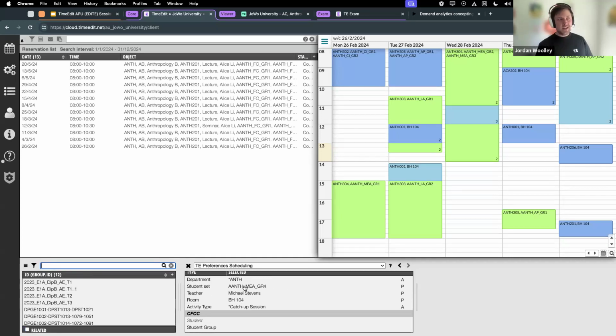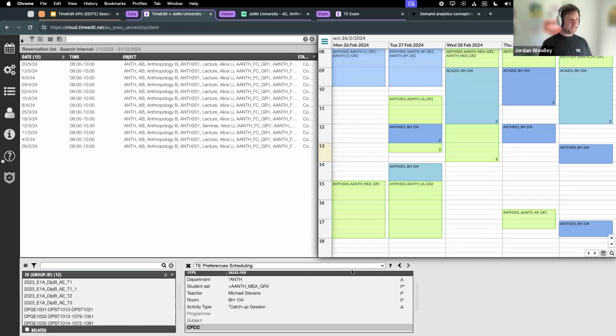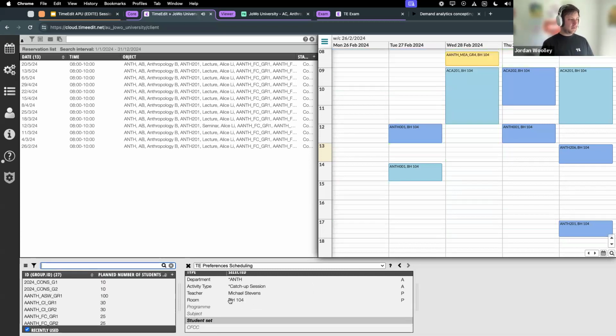Now, you see that I still have hard boxes here. The reason I have hard boxes is because in the rule set I'm using, I cannot create a clash anywhere in that student's enrollment program. So I've set it up so that if a student is enrolled in, say, the anthropology program, the subjects that are in that program can't clash with each other. So I have to manually do this, but if I do this and say I have a catch-up session on Wednesday, say it's at these times, right? Now, let's go back to our example